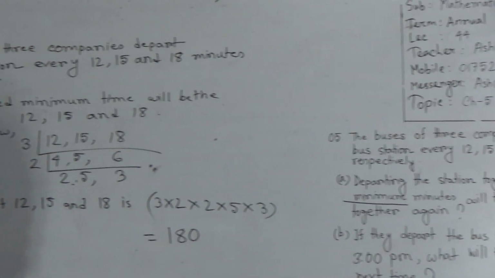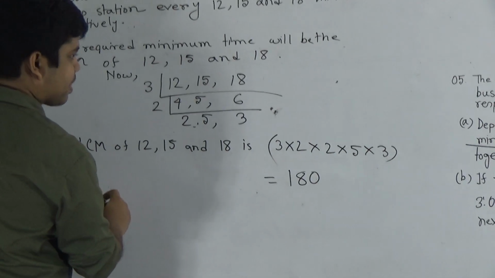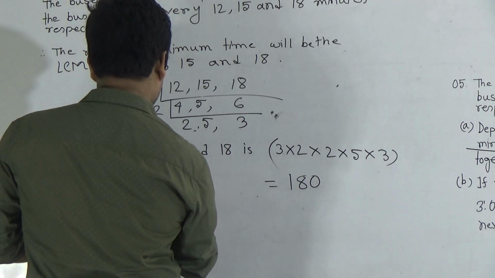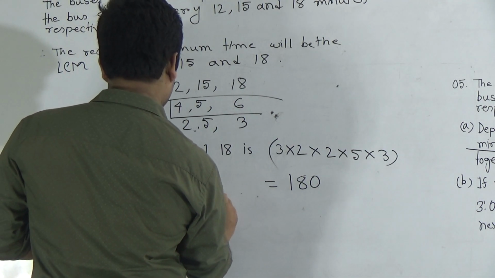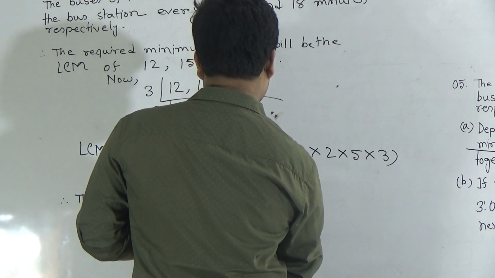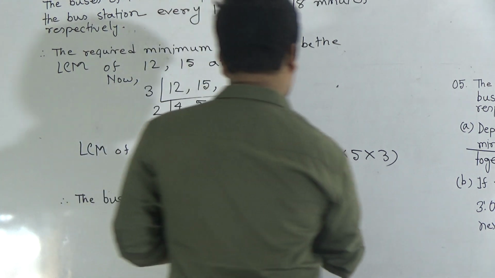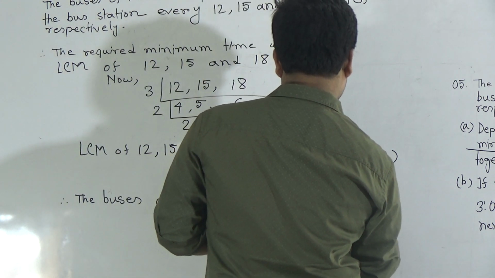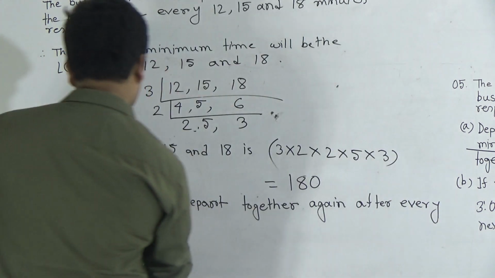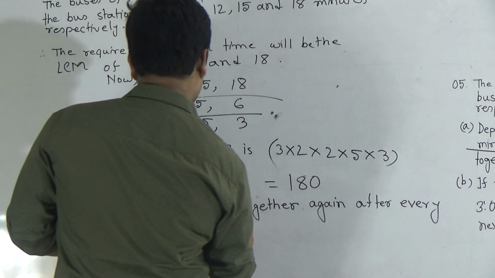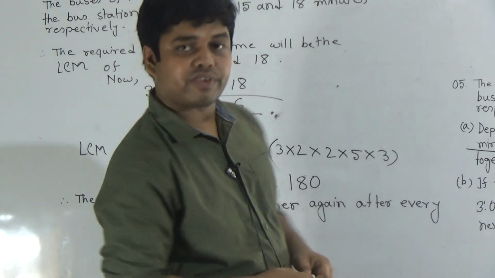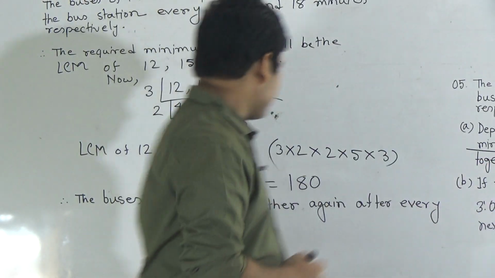So write, so the buses will depart together again after every 180 minutes. Okay, as the question asks you to find out the time in minutes, so we need not convert